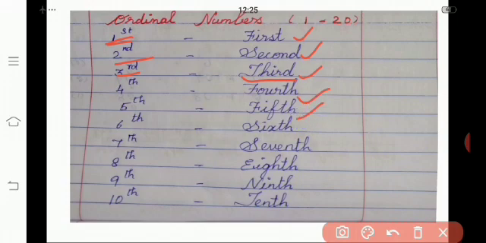Fifth. Sixth. Seventh. Eighth. Ninth. And then tenth. You have to practice the ordinal numbers 1 to 10 at home. Okay, children? The next one,